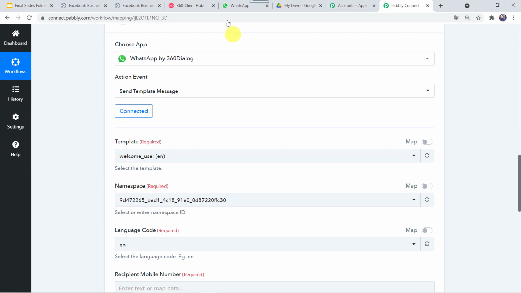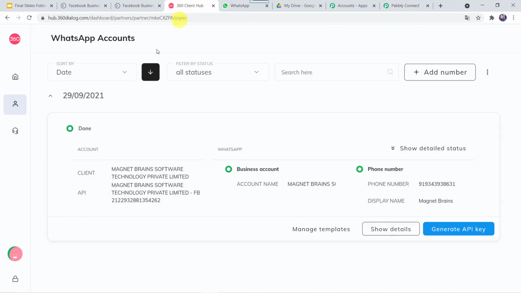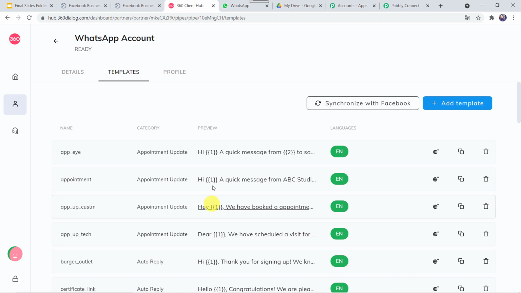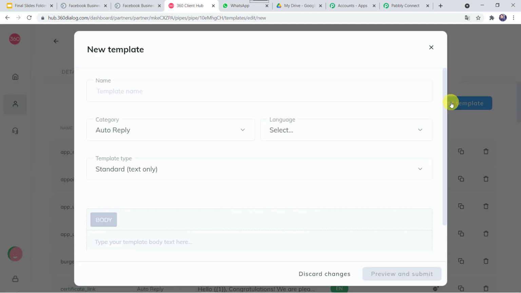I will take you to my 360 Dialog account once again. Here we can find the option Manage Templates. Click on this. These are the templates which I have already created. If you want to create a new template, simply click on this plus sign, Add Template. Here you can give the template name, select the category as per your requirement, as there are several categories given, and select the language.